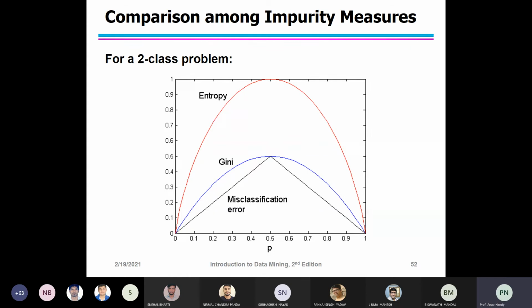The minimum value for the measures is attained when all records belong to the same class. So what does it mean? Records belong to the same class means when P equals 0 or 1. Okay, so that is this thing.